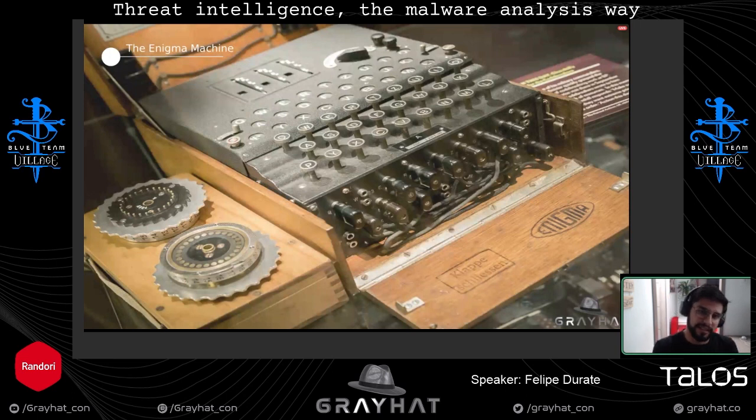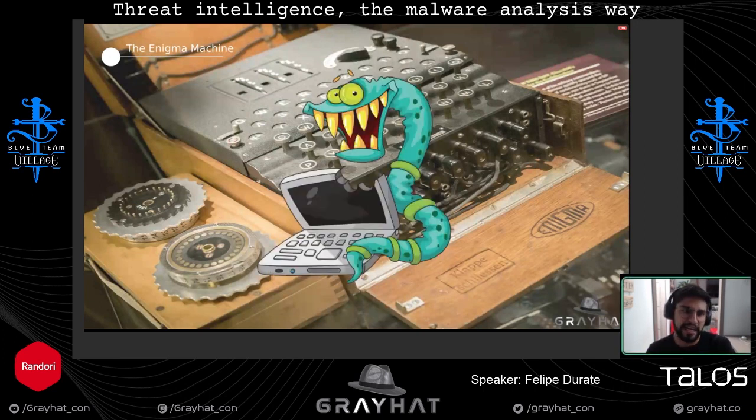In the Second World War, there was a machine called Enigma. It was a tool that the bad guys were using to commit their actions, to complete their goals. In our world, there's not one Enigma machine. There are multiple Enigma machines, and they are called malware. Why? First, they're Enigma because they have some protections. There is a lot of stuff going on in these samples, but also they are tools, same thing as Enigma, to commit crime, right? So there are some interesting comparisons here.